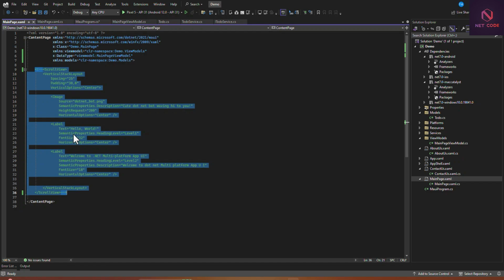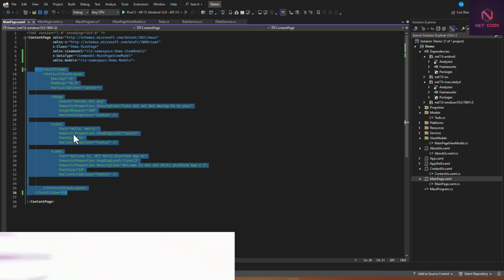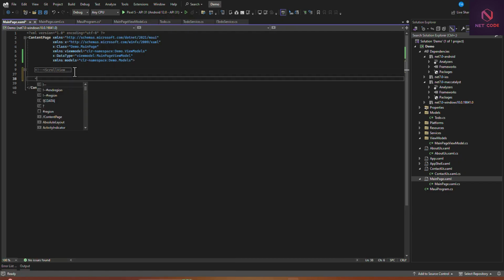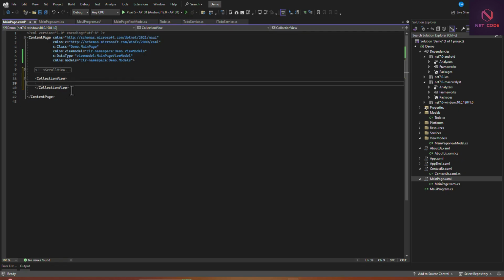Now what you can do here is we have to use CollectionView to display the current 20 data that we have in our collection. So down here we can just minimize this, and now down here we can use CollectionView. But before we use CollectionView, maybe we can use Grid. Now this grid, you're going to use RowDefinition.